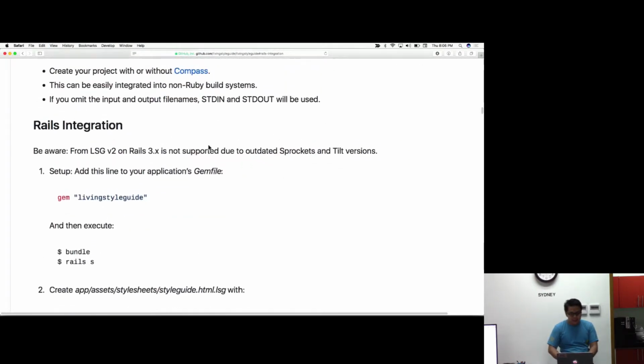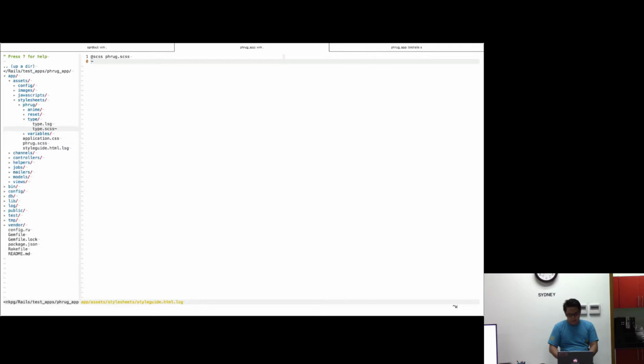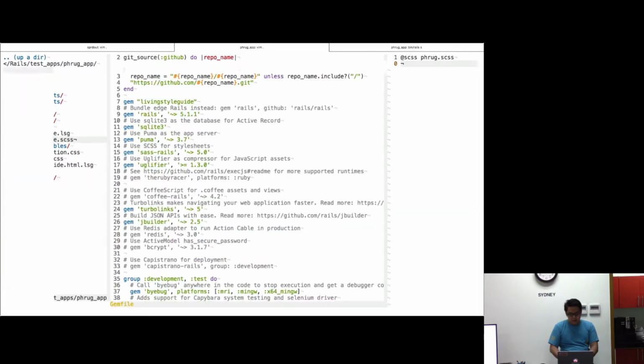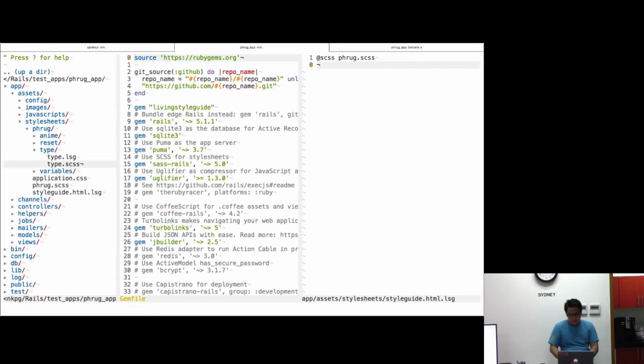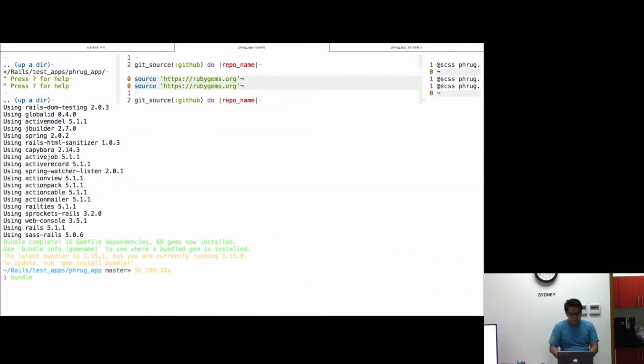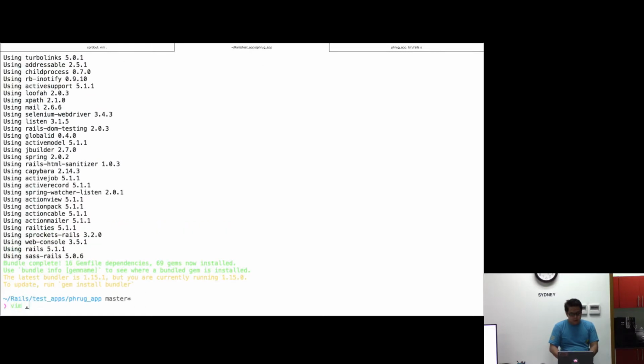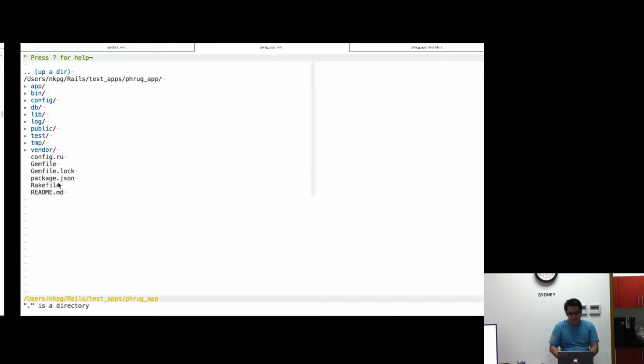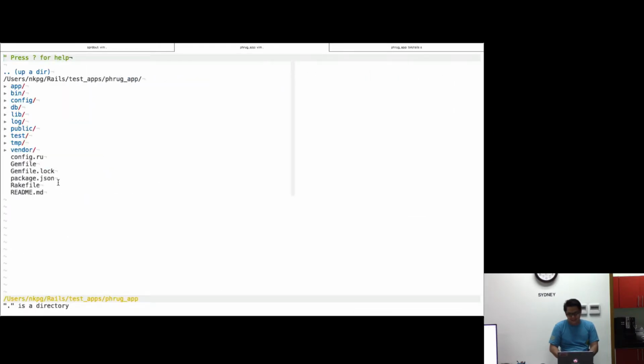So to add the Living Style Guide gem, you just need to set up and add it to your gem file, of course. So first, let's go to the gem file. Let's make it larger. So I added the Living Style Guide gem. I bundle it. And the next is to just run the